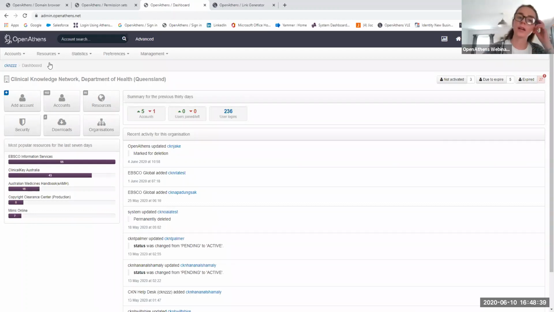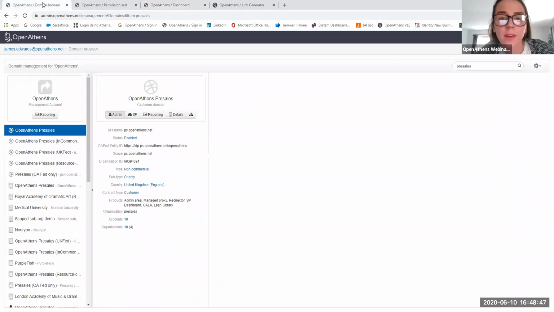We do have two questions. The first one is from Shalini, and she has said, I heard only one admin user per site. If there are two of us that need to manage the admin, can we share the password, or is it possible to have two admins? So you've heard right. Unfortunately, at the moment, there is just one admin username and password to access the administration area.